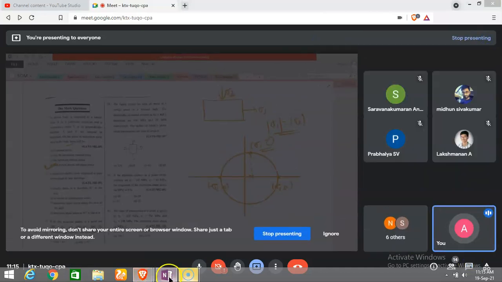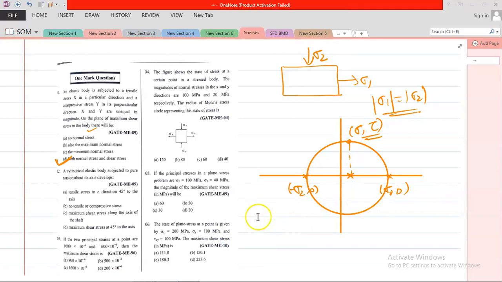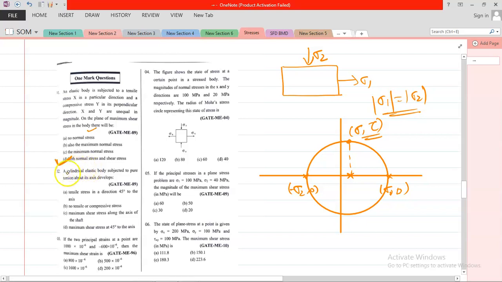Okay, now I'm going with the next question. Please respond fast, because I need to discuss every concept, because there are very few concepts in that. I need to do some questions so that you can answer, because in the classes I had done things in a very hurry. So now the next question is, a cylindrical elastic body is subjected to pure torsion about its